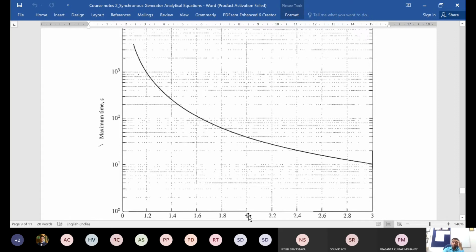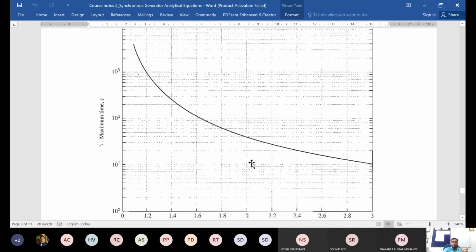When we talk about machines, generators, we should talk in kVA terms. So if it is 10 kVA rated and we are drawing 20 kVA, how much would be the time allowed? This is 10, 20, 30, and 40, roughly around 40 seconds. It can deliver even double the power output, but only for 40 seconds. Then it will burn. And if you talk about 200% overloading, so if you are drawing 3 times the rated power, this also it can supply for roughly around 9 or 10 seconds. So this is the type of thing.